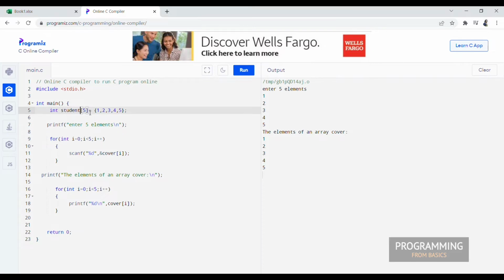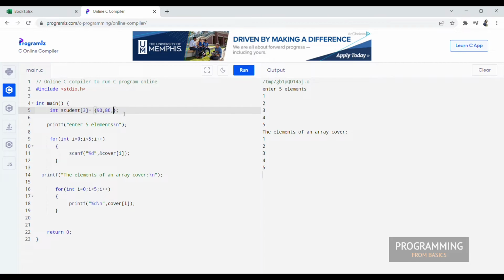So student 3 got marks, let us say 90 in mathematics, 80 in physics, and 85 in chemistry. Either this way we can assign the values, or we can give them through user input, but 99% of the time